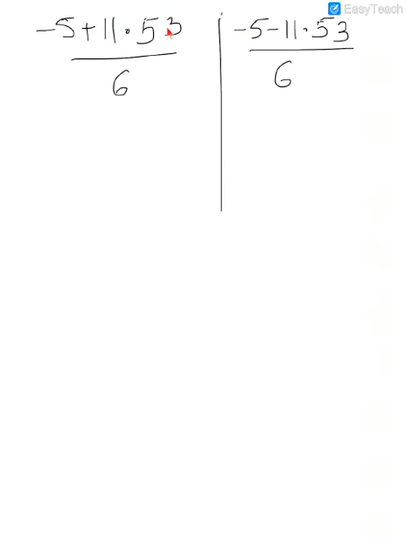So 11.53 minus 5 will give me 6.53 upon 6, which gives me 1.088. Always find one extra decimal place. Now my question was to find to 2 decimal places, so I just need these 2. I don't need this, but you have to solve till the 3rd decimal place. Now since this number is greater than 5, I will increase this number by 1. So my answer will be